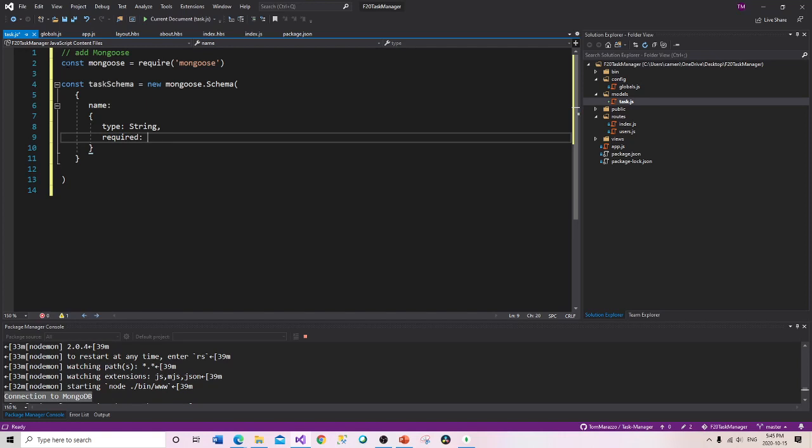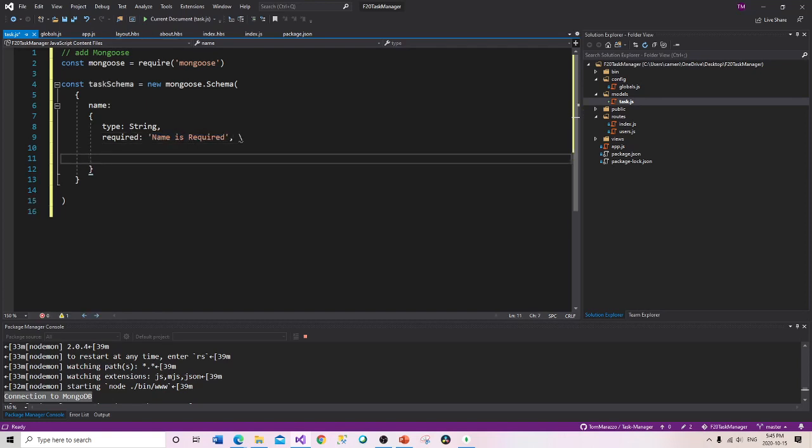And let's do this. Not that. Name is required. Okay, and then we'll do another comma. Okay, I'm getting a little tired, guys and girls. And then we're gonna do trim, and we'll set that to true as well. Okay, and we'll just get rid of any erroneous spaces and bring that down one, and I'll do a